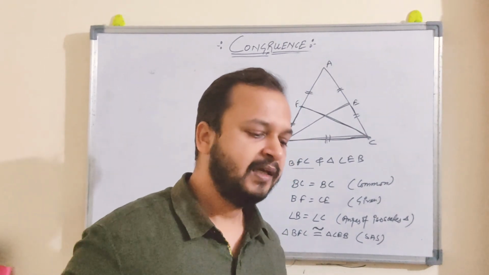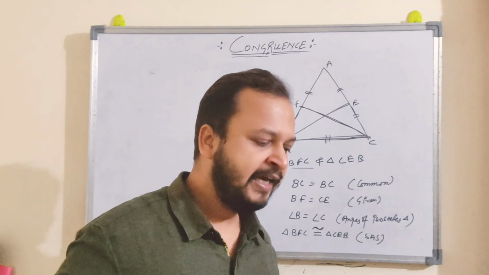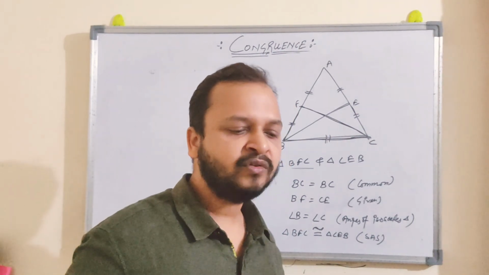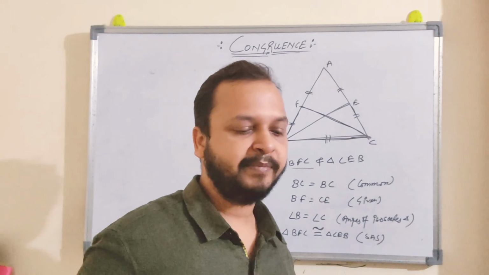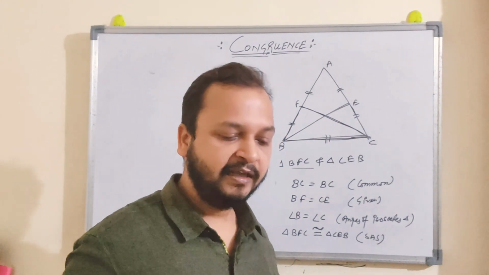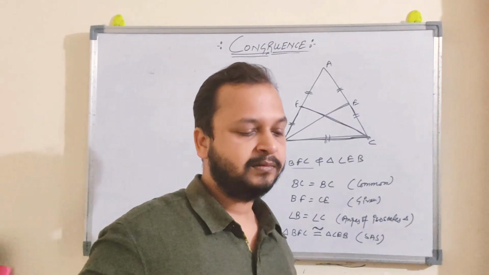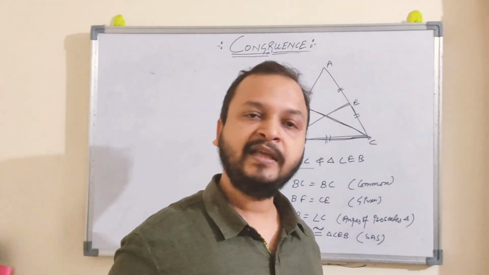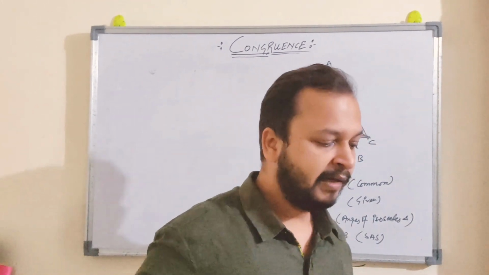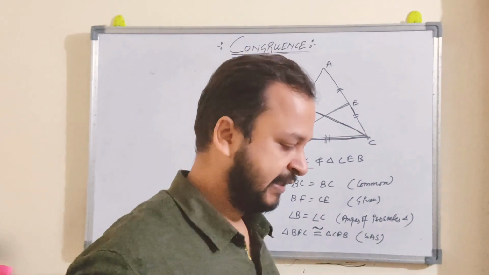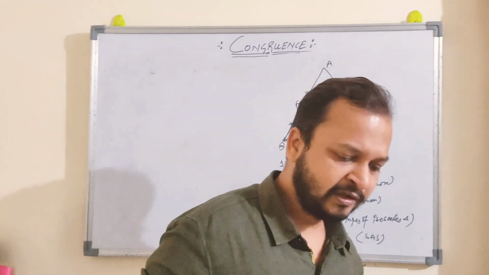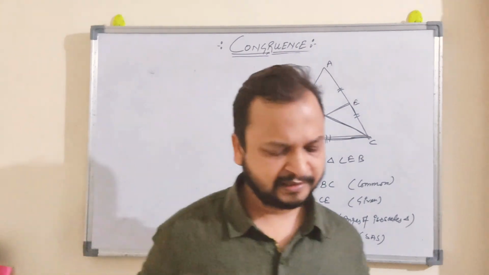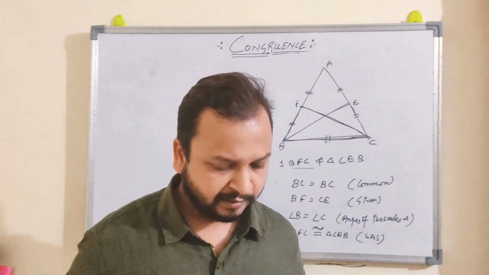So they are saying to prove that AD bisects angle A and angle D. So you can say that if these two triangles are congruent, then BAD is equal to CAD and BDA is equal to CDA, right? So it means this line is bisecting. Other questions, just solve them by yourself. We have also discussed these questions in the class, right?